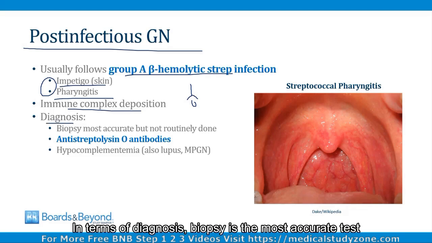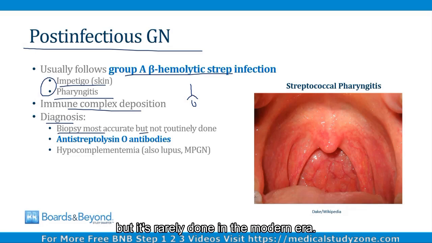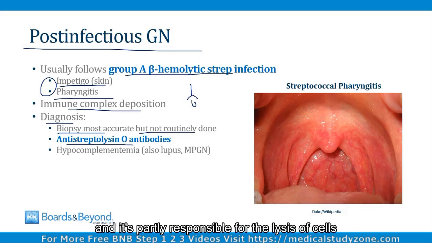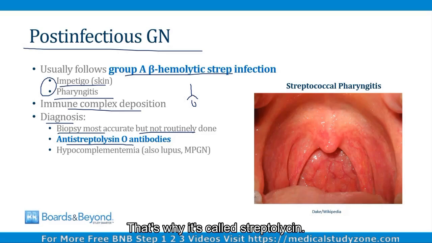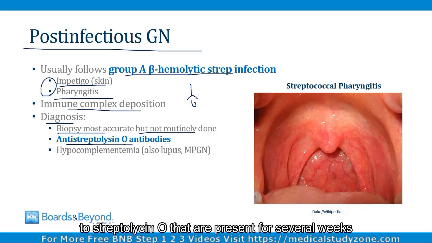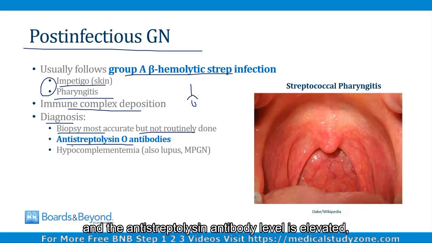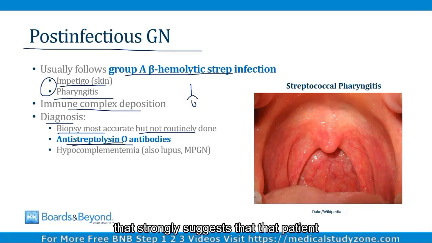In terms of diagnosis, biopsy is the most accurate test, but it's rarely done in the modern era. That's because there are two other tests that very strongly support this diagnosis and make the biopsy unnecessary. The first one is the presence of anti-streptolysin O antibodies. Streptolysin O is produced by streptococcal bacteria, and it's partly responsible for the lysis of cells that those bacteria cause. That's why it's called streptolysin. And our immune system produces antibodies to streptolysin O that are present for several weeks or months following an infection. So in a patient who has glomerulonephritis and the anti-streptolysin O antibody level is elevated, that strongly suggests that that